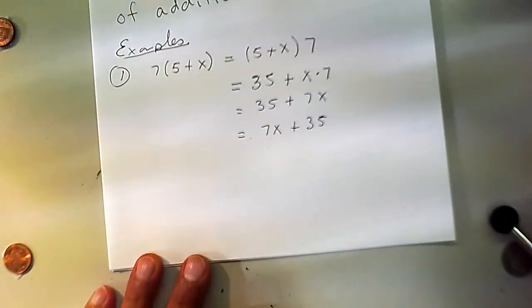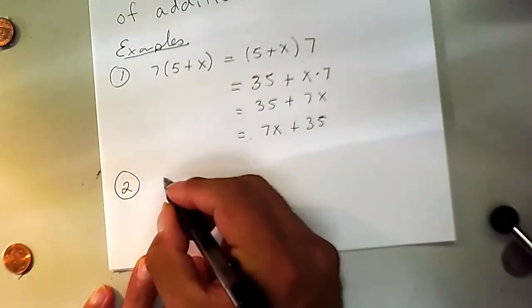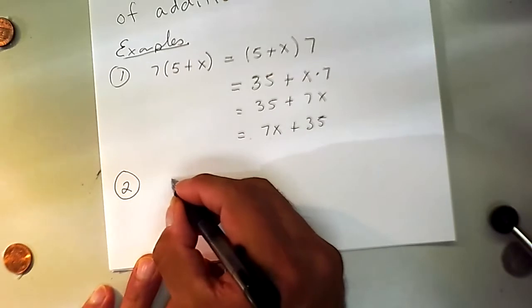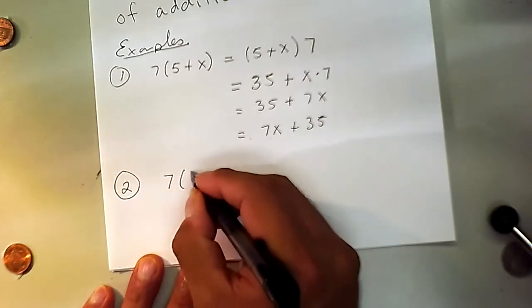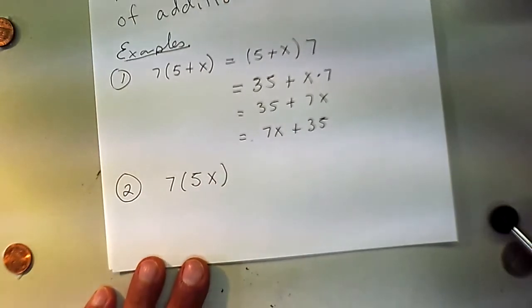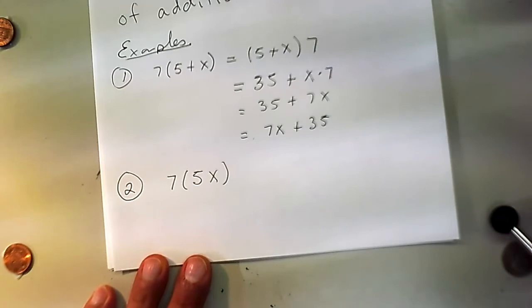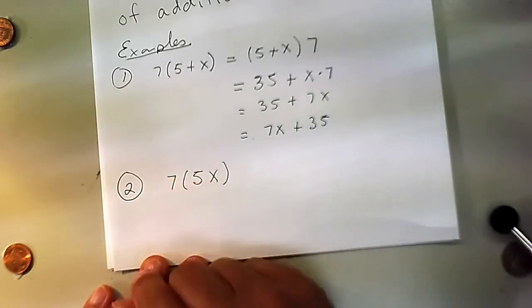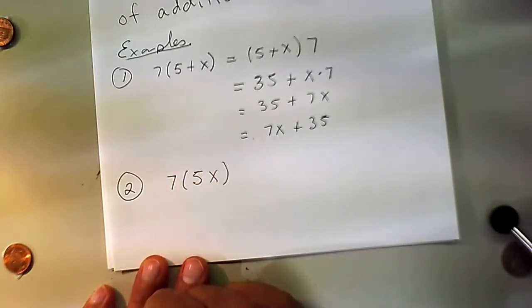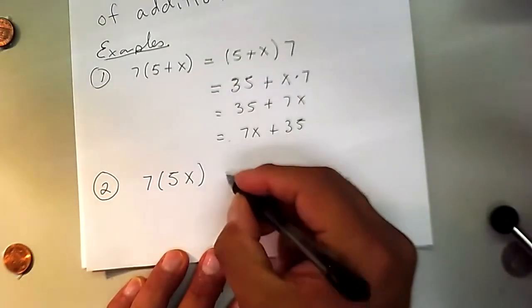Yes. But let me show you some other example that is not as obvious. For instance, if you have 7 times the quantity 5x, we know how to handle this because everybody tells us the shortcut. The shortcut is just multiply with a 5 and you get 35x, and that's the answer. But I want to show you what is going on behind the scenes.